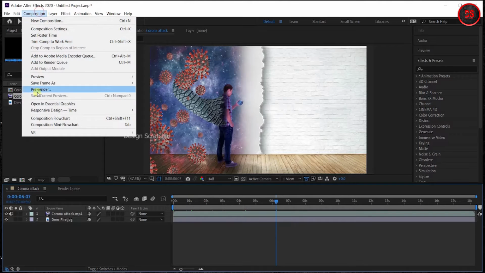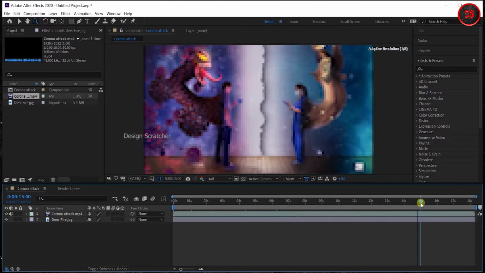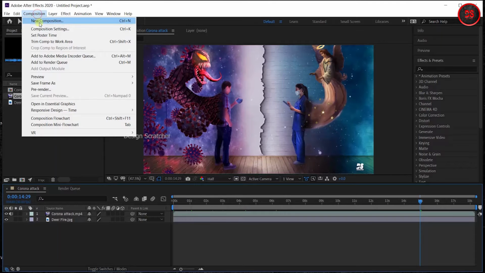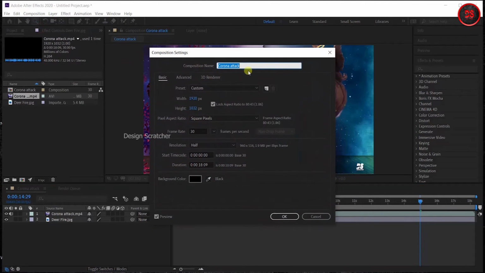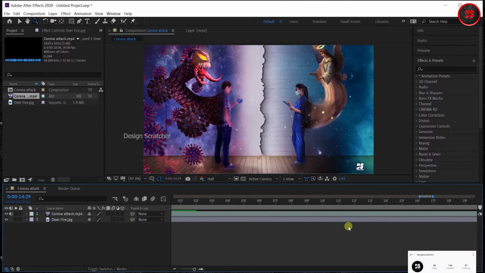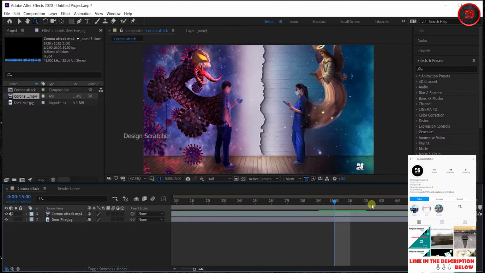Same like that, if you need only 15 seconds, what do you do? One way is to go to Composition Settings and change the timing to 15. Otherwise, go to the time I want and press N, which sets the work area there.